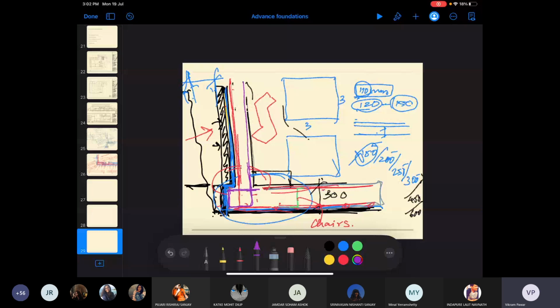Okay, so this gives you enough anchorage to the two reinforcements, right? And of course there will be the distribution steel, which will go on both the sides, correct? And then there will be shuttering and the concrete will be poured and all that stuff, right? Clear? Any doubts about the reinforcement bit of it?